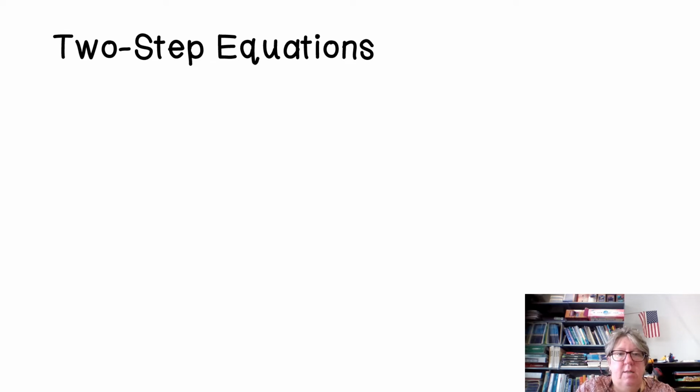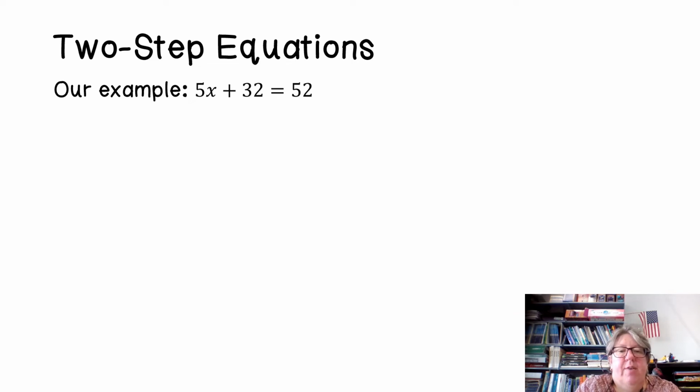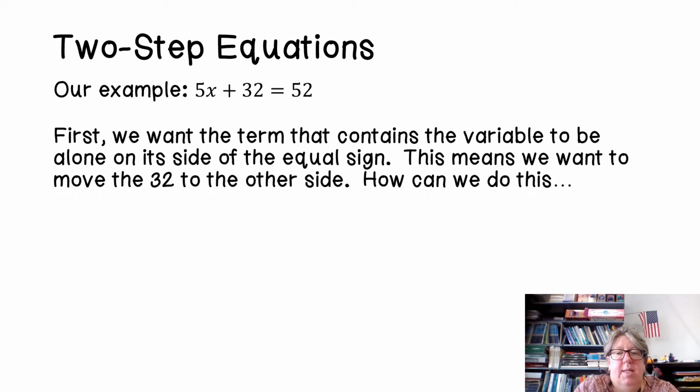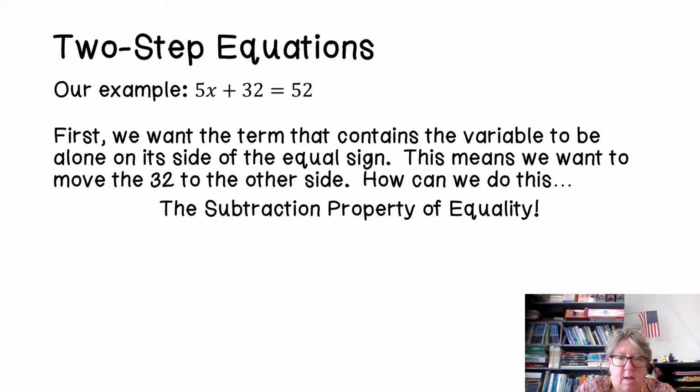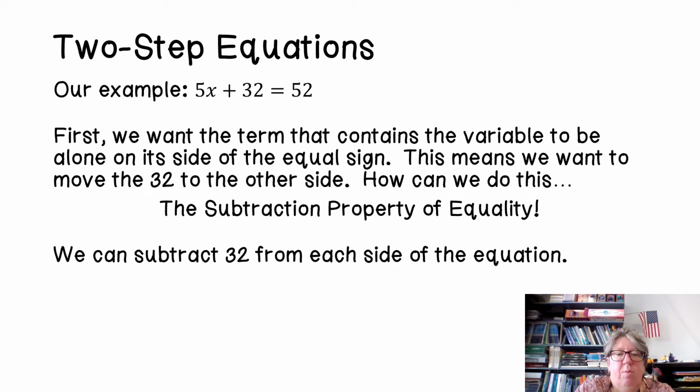All right, so we are talking two-step equations. I am fixing an error that I had in my slide. So here we go. Our example is 5x plus 32 is equal to 52. We want the term that contains the variable to be alone on its side of the equal sign. This means we want to move the 32 to the other side. How are we going to do this? Well, we're going to use the subtraction property of equality. We can subtract 32 from each side of the equation, and when we do that,